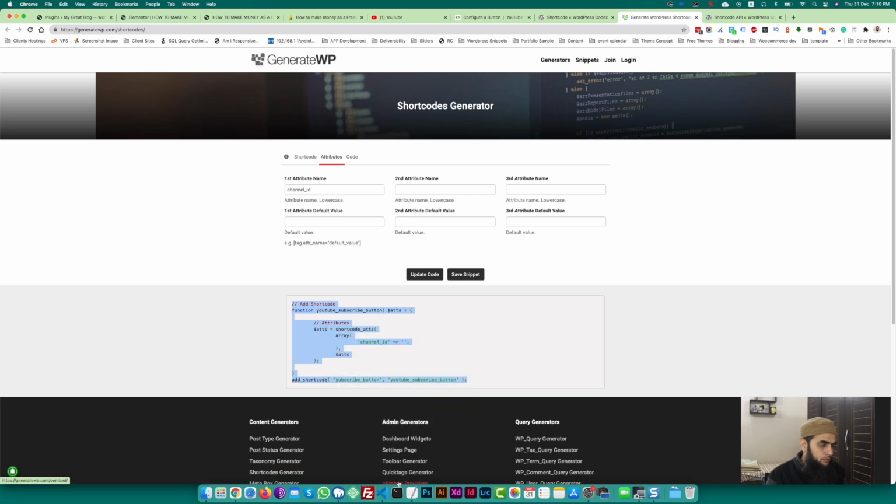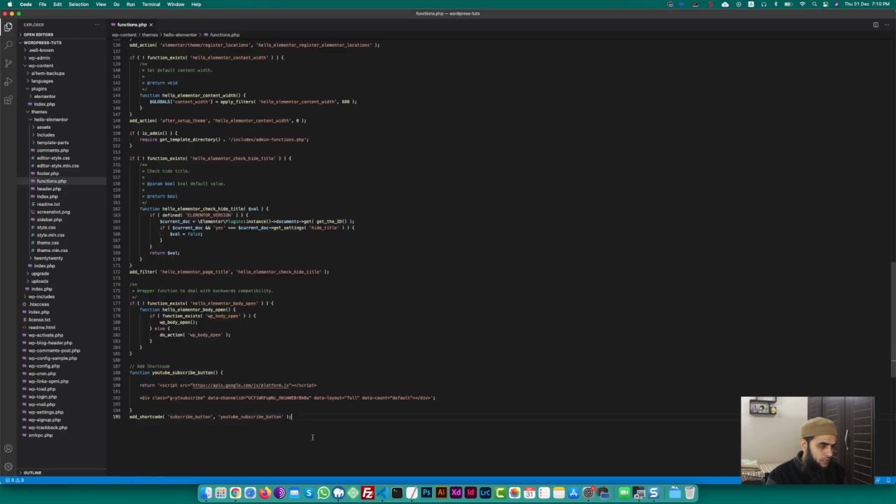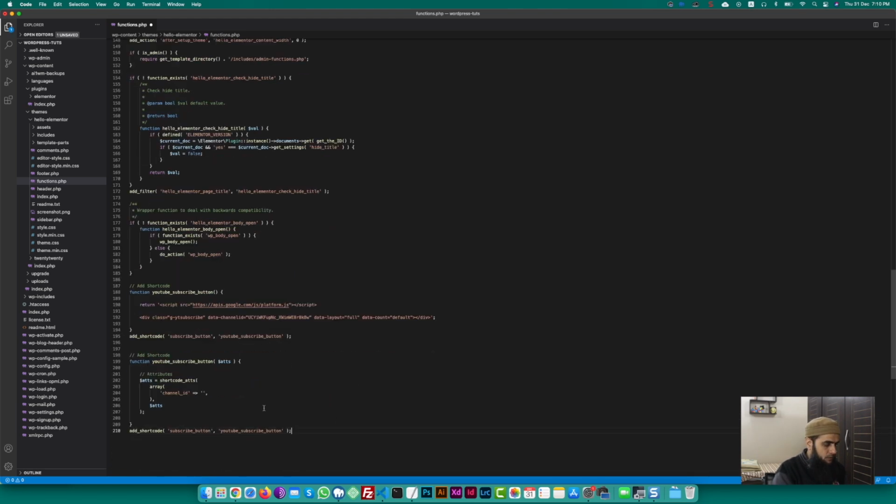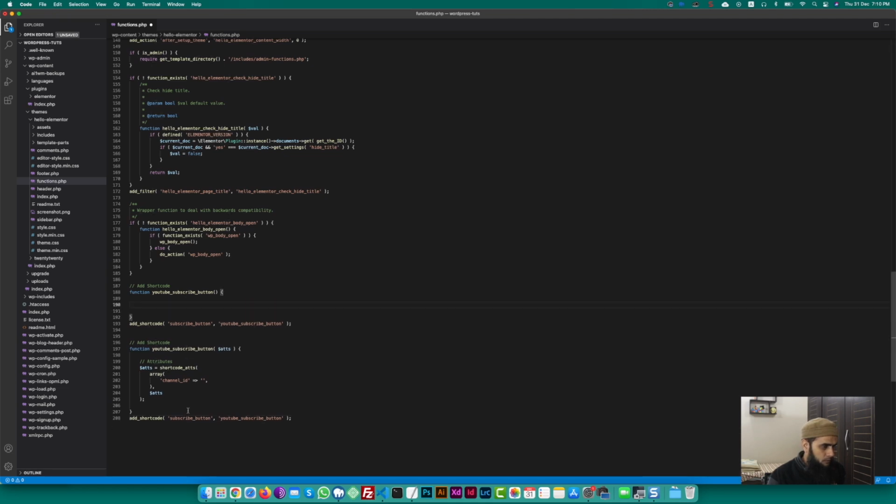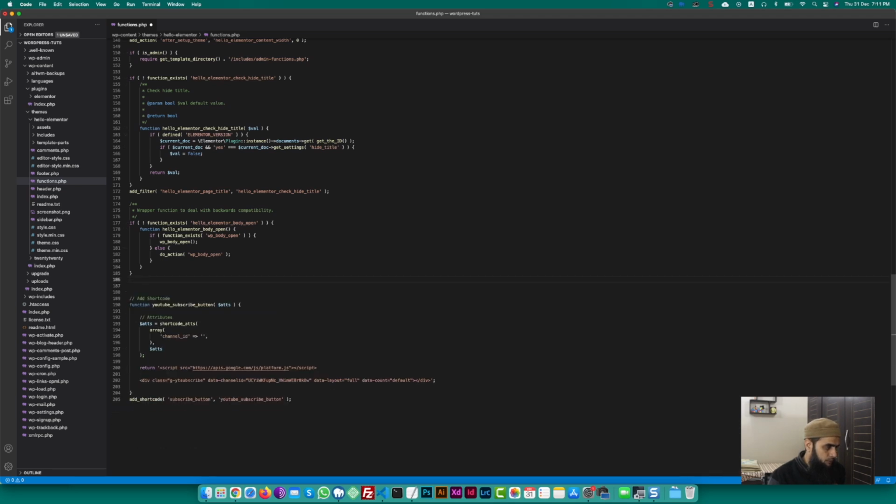So I am doing that, I am copying it again and just pasting it below the previous function, and then I am copying the previous code from here, pasting it below this section, and then I am going to remove the previous one just like this.